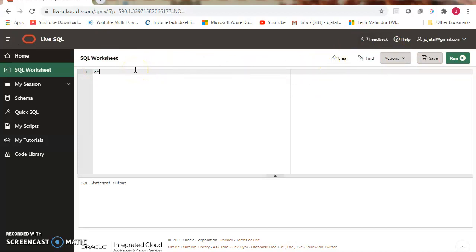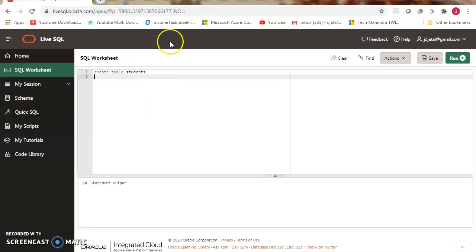Here I am creating a table with the command create table students with the not null constraint. This table shows you how to apply the not null constraint.